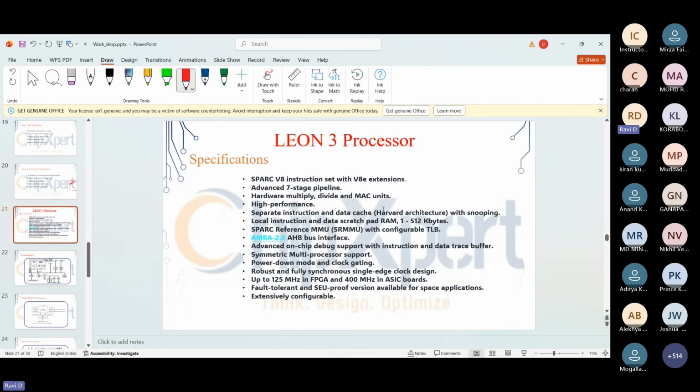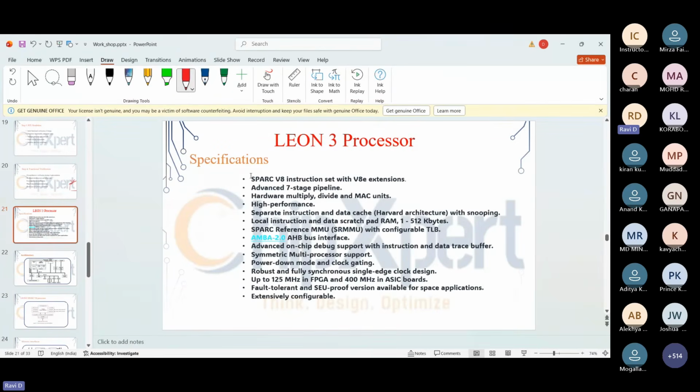Okay, so here we are going to design this Leon 3 processor. It is a 32-bit CPU microprocessor, and to design this processor we have followed the SPARC V8 instruction set architecture. It's like a design principle. We have designed this Leon 3 processor to integrate in an SoC. Coming to the Leon 3 processor family, it has several versions like Leon 1, 2, 3, and 4.